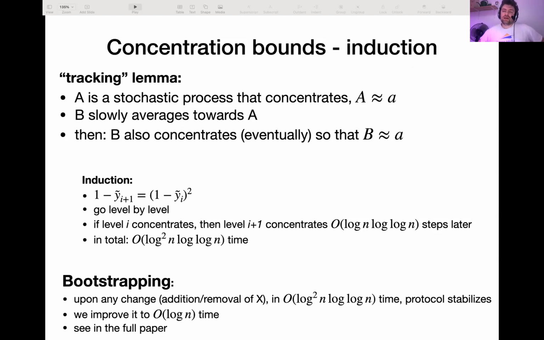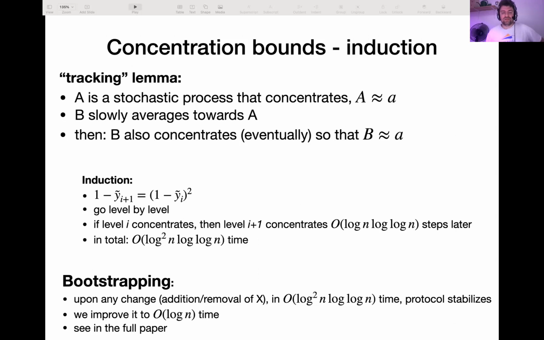And in the paper, we actually provide the concentration guarantees around those expected values for the size of the levels. So the tool that we are using, we call it a Tracking Lemma. We have one stochastic process that is weakly concentrated around some value. And we have another stochastic process that slowly averages towards the first stochastic process, and it also will concentrate eventually around the same value. And then we use it by induction for the